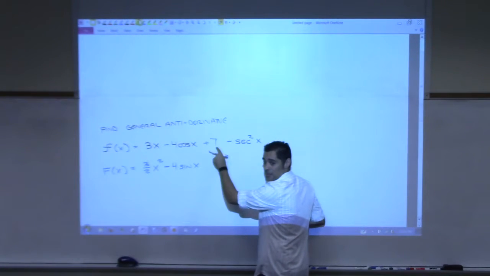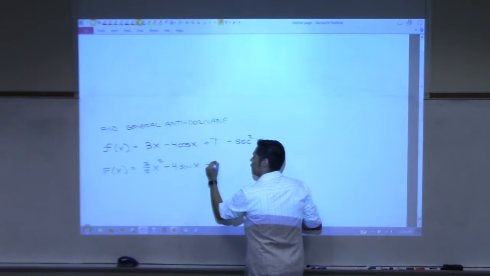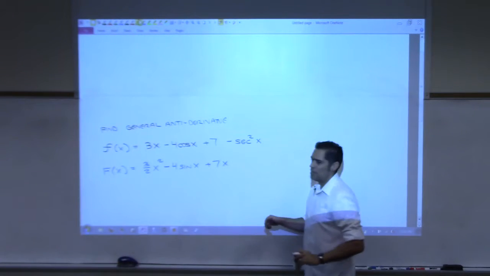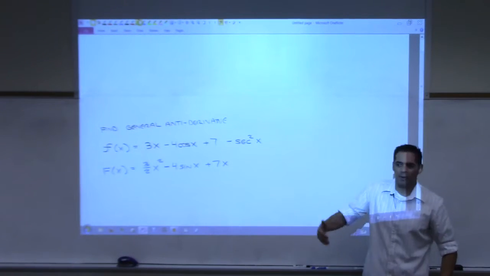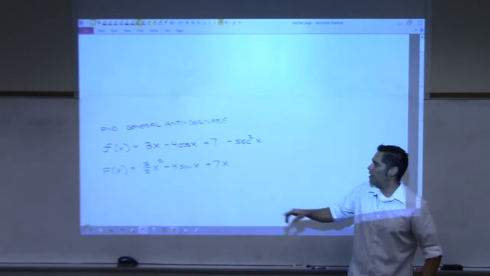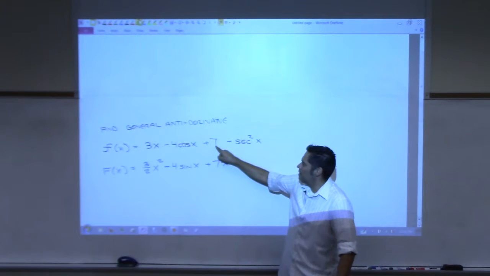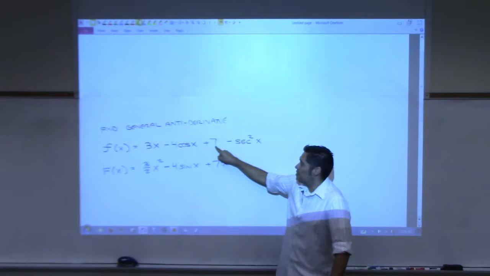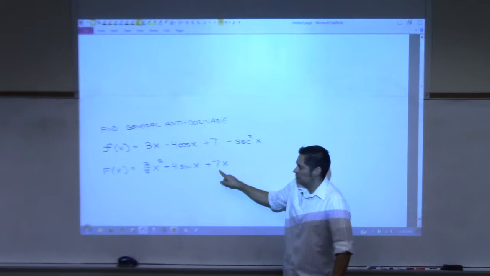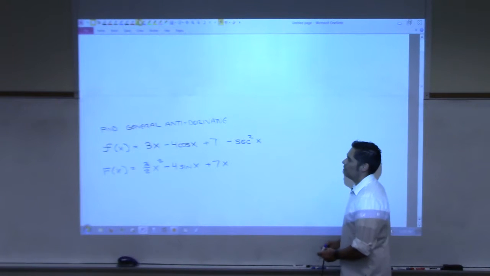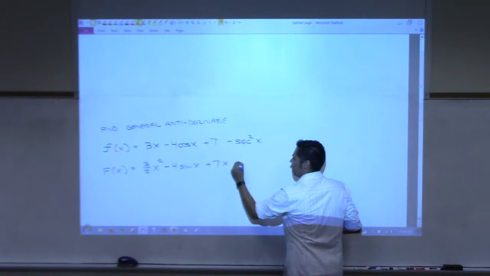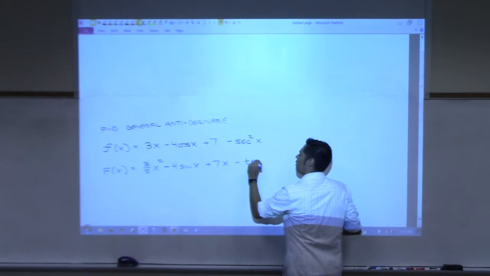This is just going to be plus 7x. Good. Because when you take the derivative of something in front of x, it's just that number in front, right? So this is the number that was left after I took the derivative of this. All right, and then this one. Okay, minus tangent x